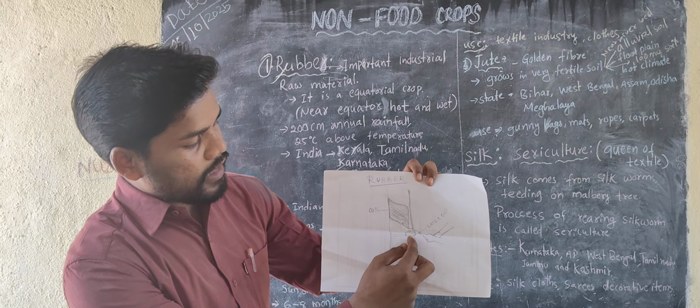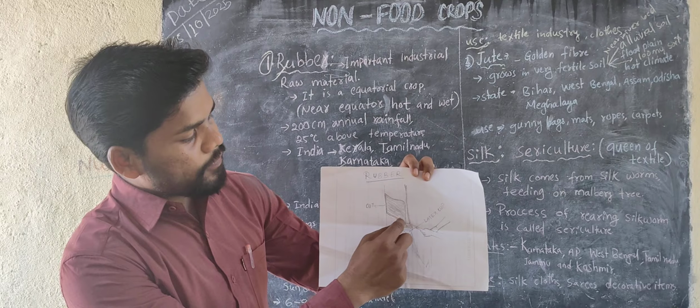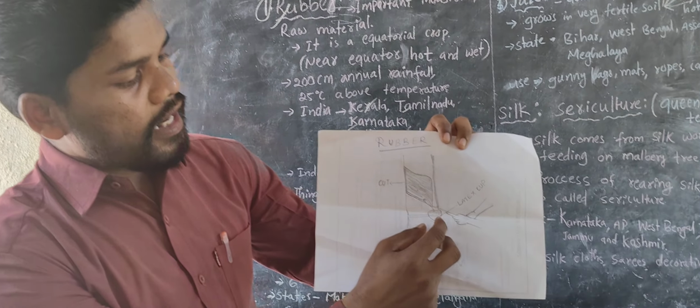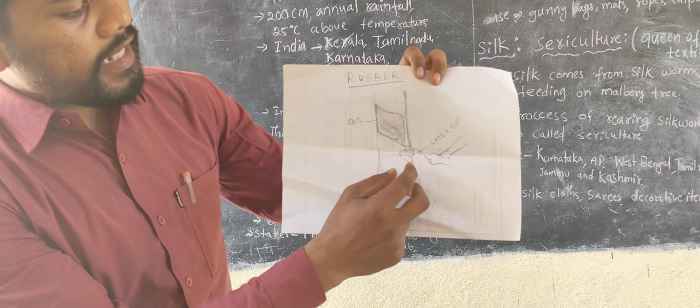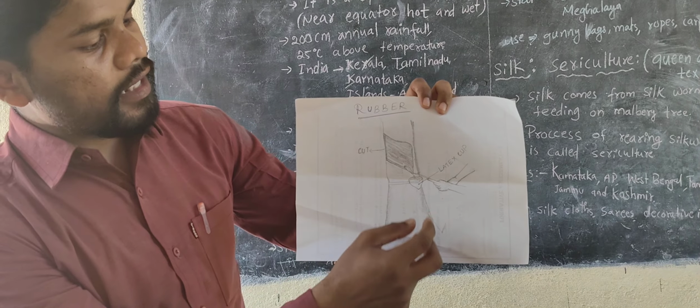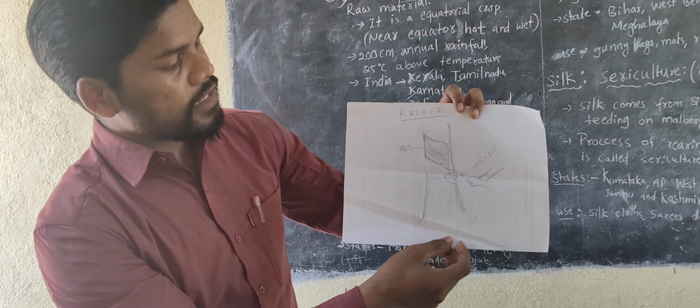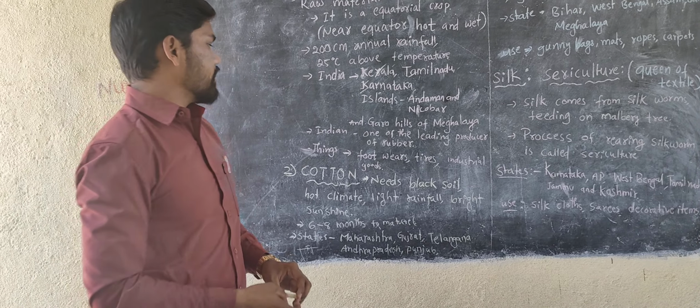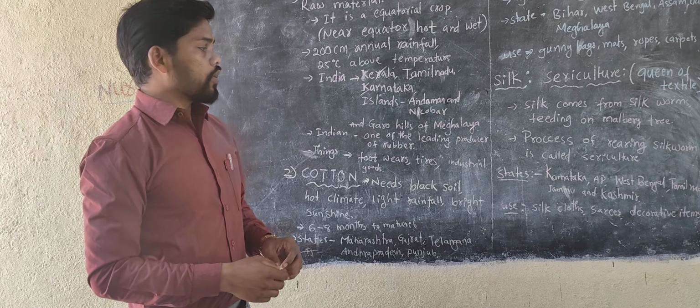This is the cup where the milk from the tree falls down and gathers until it dries a little, and is taken later by the cultivator. That is how rubber is cultivated. Now we will see another most